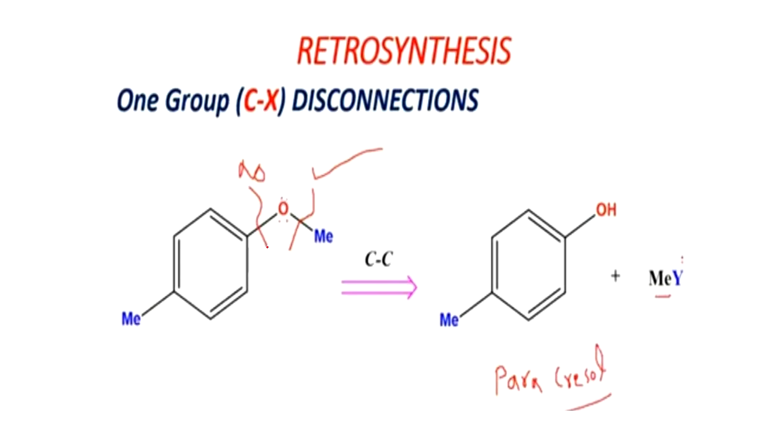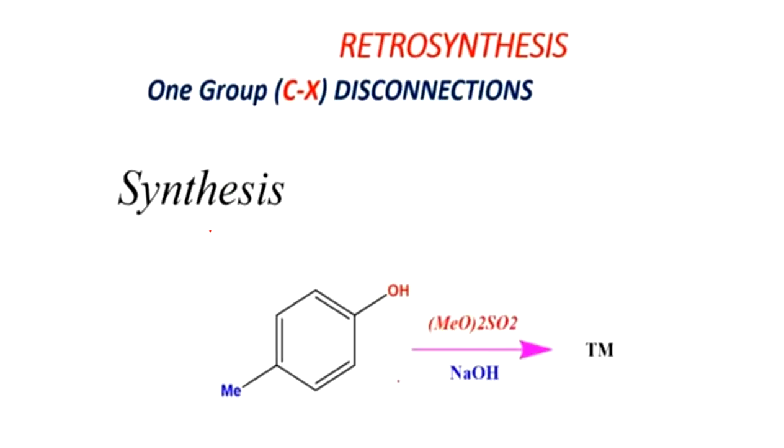From the A side, the disconnection is not easier or the compound is not stable. So we are doing a fragmentation from the CX, or heteroatom, bond through the heteroatom. So we are getting a stable starting material, which is nothing but paracresol. The synthesis step is also easier. In this case this paracresol compound reacts with Me2SO4 in